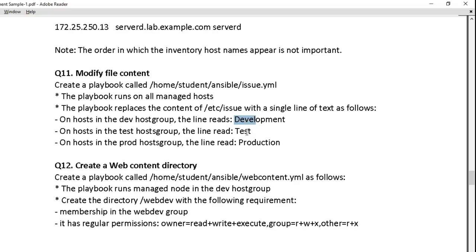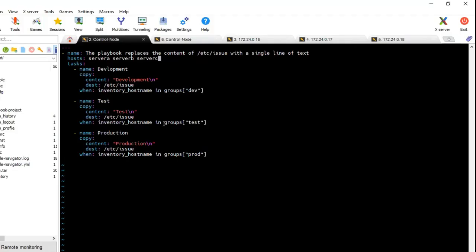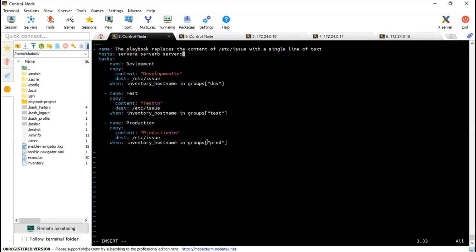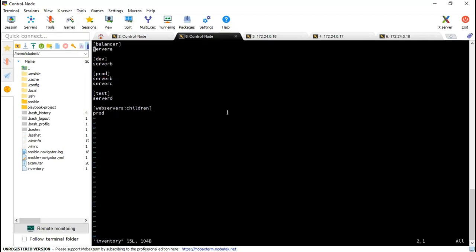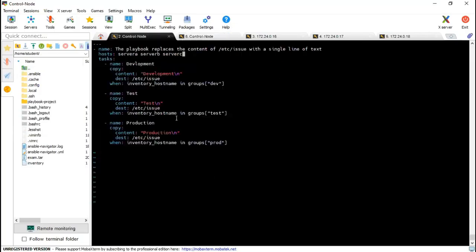And test group should have test, and prod group should have production. Oh, but we do not have test group, right? We do not have test group. Let me do one thing. What I'm going to do here, in the test group, I'm going to put the server A, because we do not have server D at this moment. So